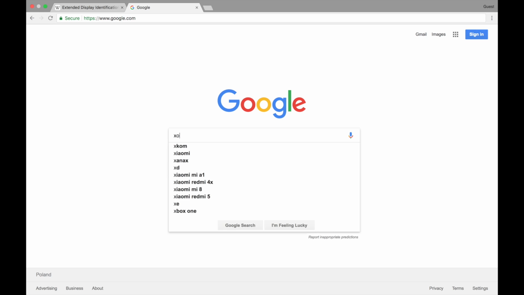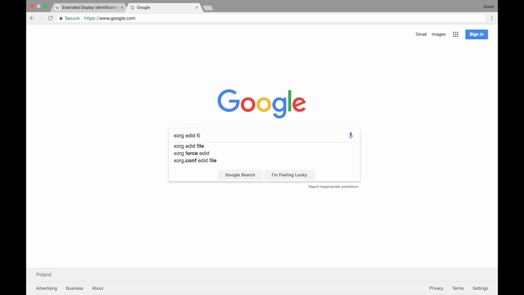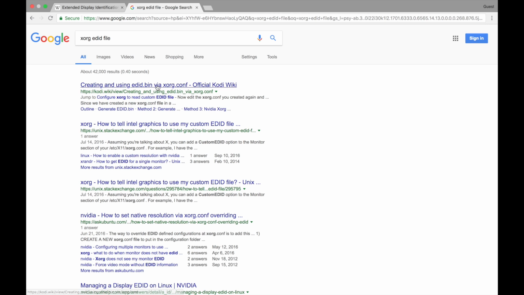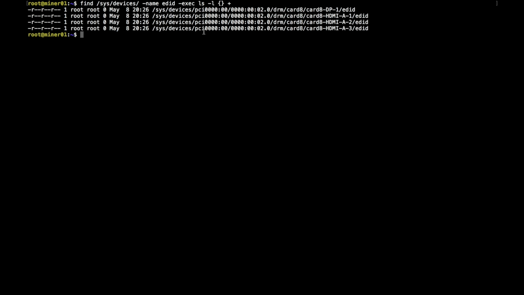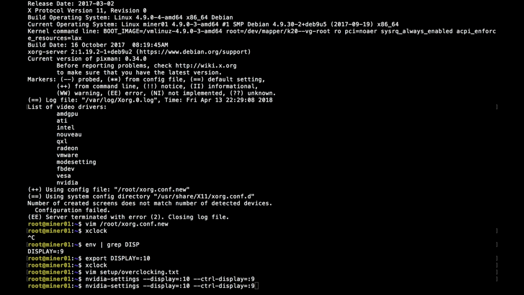You can try googling it for a random monitor, or you can start your system with the monitor attached and copy existing information of your monitor ID. First try this command. If it finds a file with a non-zero size, then you are lucky and you can copy this file. If you get only zero-sized files, like in my case, you can use the Nvidia settings tool to save